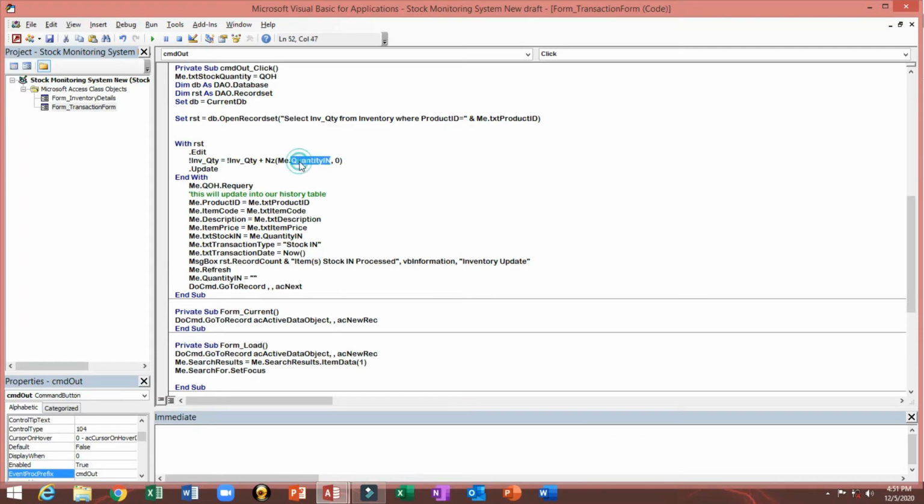This one we will modify quantity out, and here also stock out